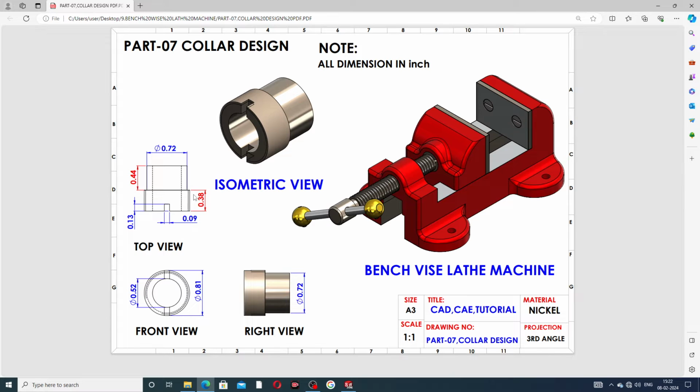This thickness is 0.38 inch, this thickness is 0.44 inch, and this diameter is 0.72 inch. The cutout, on the top plane, is 0.09 inch and 0.13 inch. Let's draw this part.